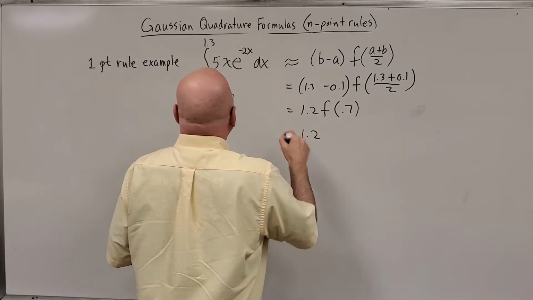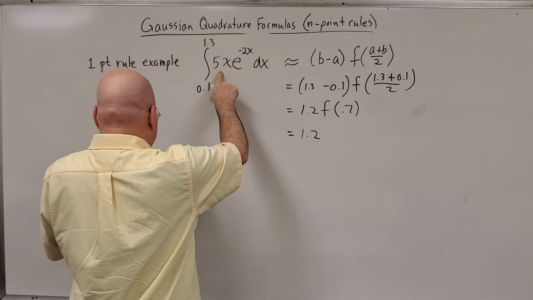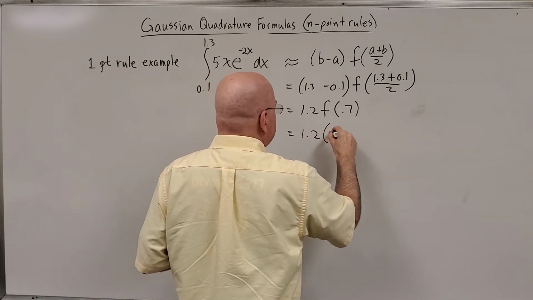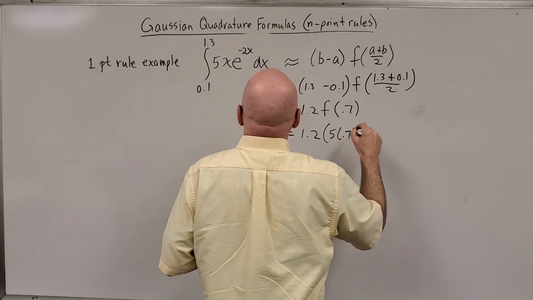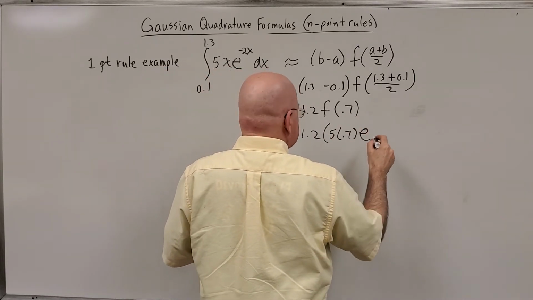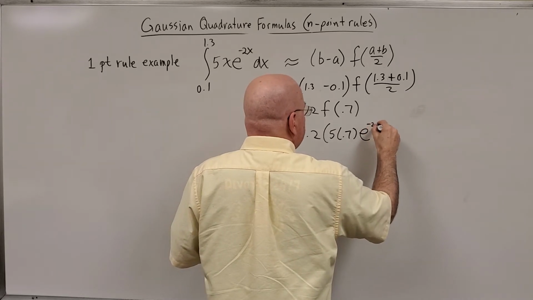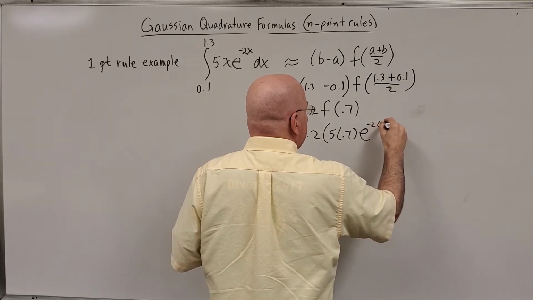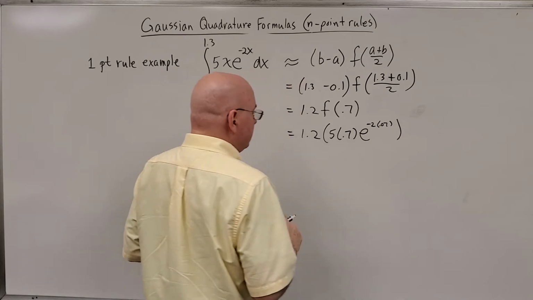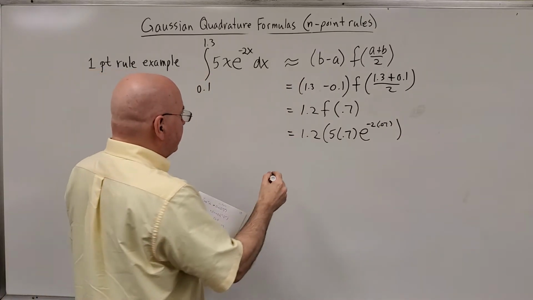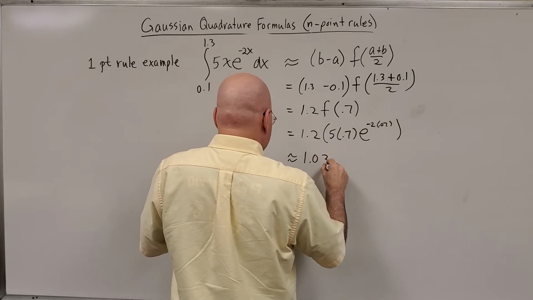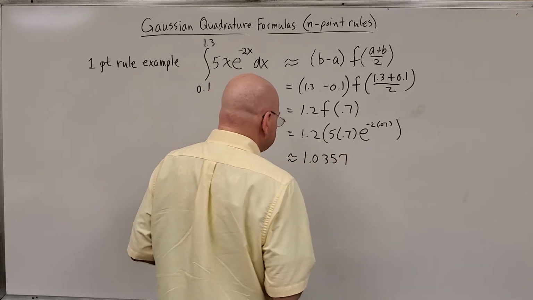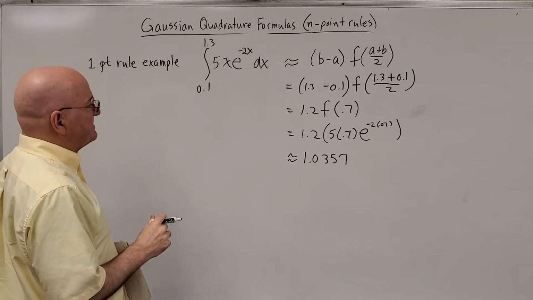1.2 f of 0.7. It's going to give us 5 times 0.7, 5x, e to the negative 2 times 0.7. I'll write it out that way. Negative 2 times 0.7. If you plug that into a calculator, you get approximately 1.0357. So that's our estimate of this integral